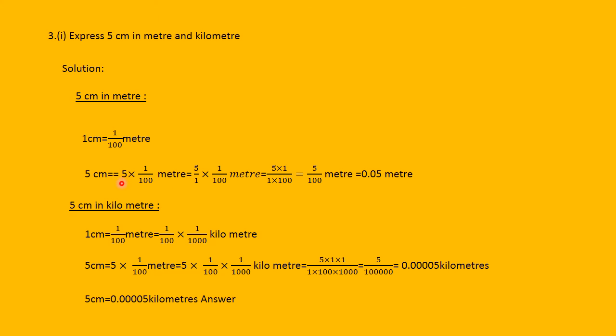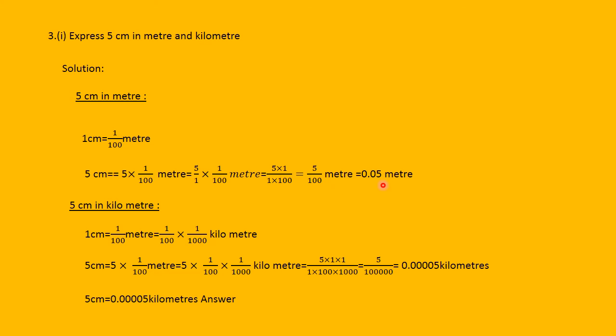Because there is nothing in the denominator of 5, it is 5 upon 1 into 1 upon 100 meter. Numerator into numerator, divided by denominator into denominator. 5 ones are 5, 100 into 1 is 100. So 5 by 100. Again we have to convert this into decimal: there are 2 zeros in 100, so you should have 2 places after the decimal. So you will write it as 0.05